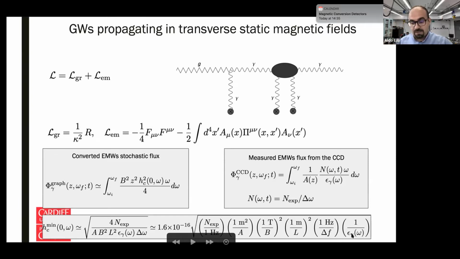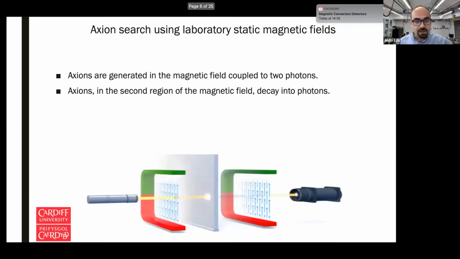So we can use such a simple system, and one of the ideal places is axion search experiments. They generate axions by propagating the light through a magnetic field. These axions propagate since they are weakly interacting with normal matter, and they pass a wall. This is called the wall, an optical barrier that stops the light, but the axions pass through and they reconvert again